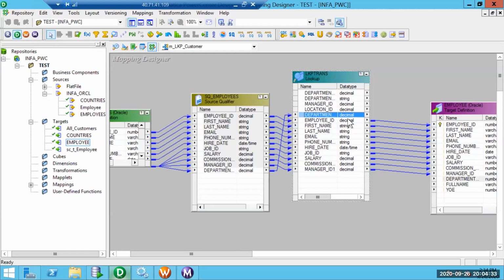This is an active transformation, so the outgoing lines are more. The number of records coming from the source qualifier is different from the number of records coming out of the lookup. So ultimately it requires a joiner before we can have all the fields from two different transformations. That's why, rather than having a joiner, I felt of using those fields directly in the lookup transformation.